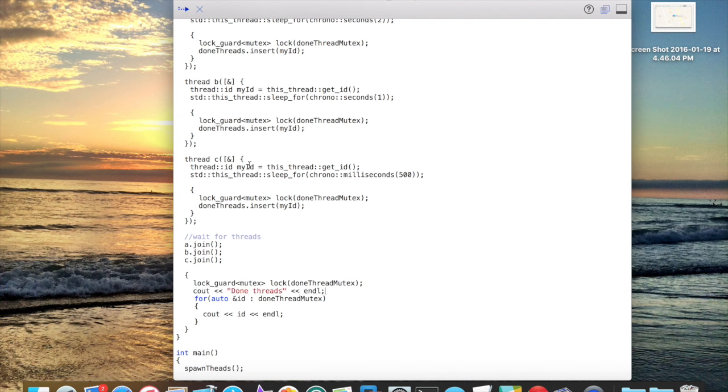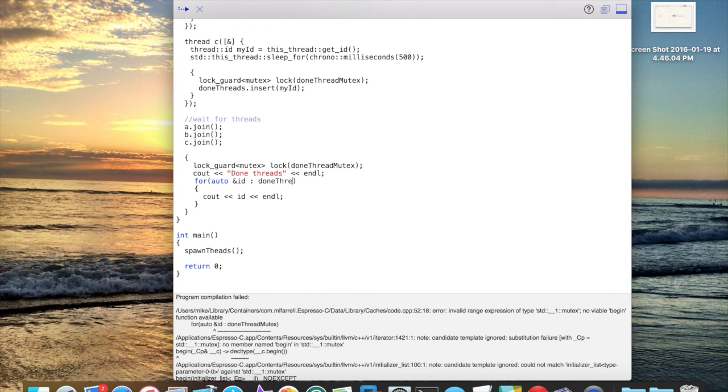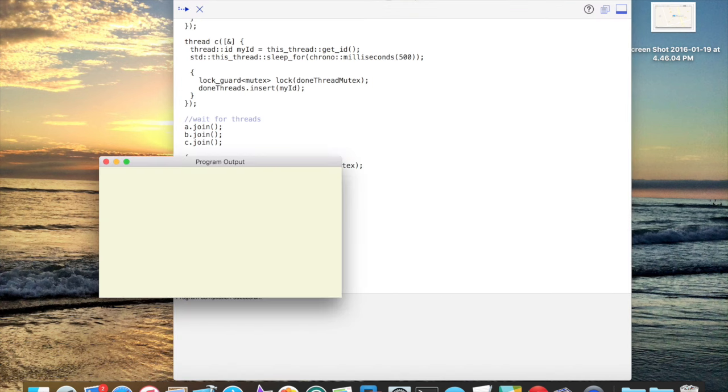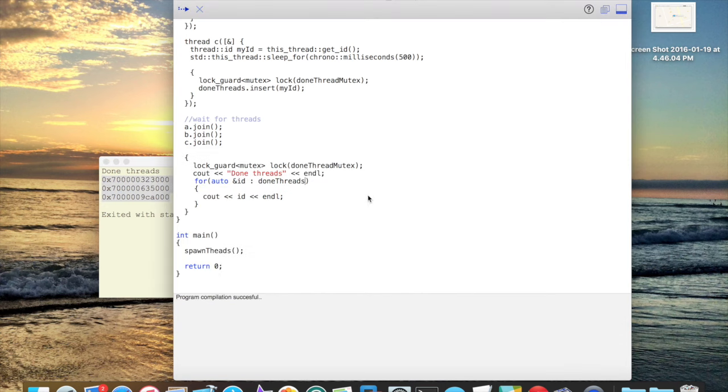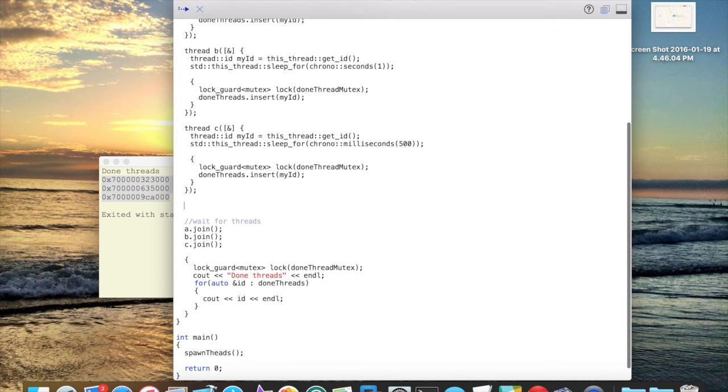And there you have it. And there we go. We basically now have the printed out thread IDs of each of the threads that have finished. Now what's neat is if we wanted to do this maybe when some of them have been finished and other ones haven't,